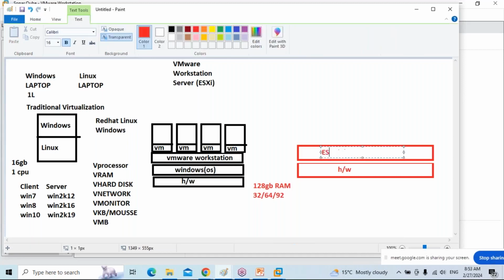What is that? ESXi. What is this called?